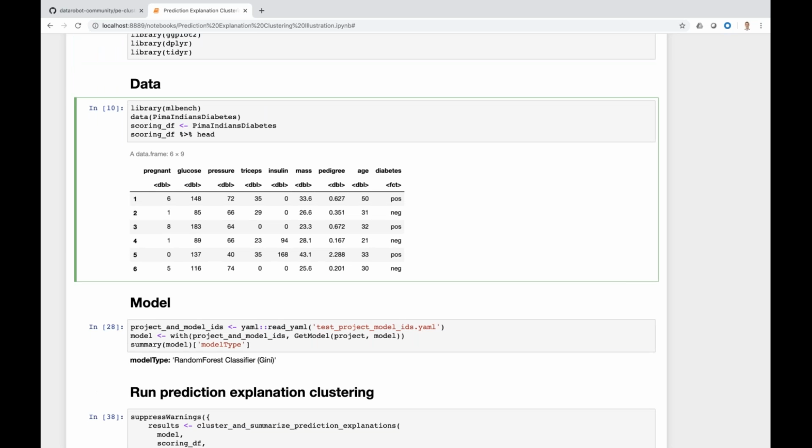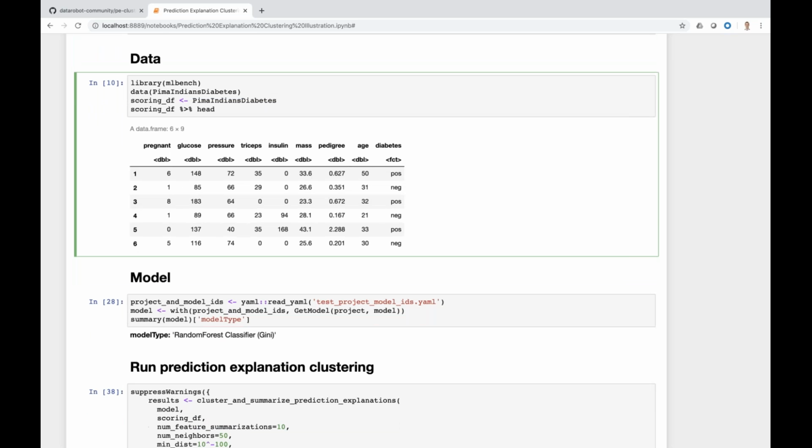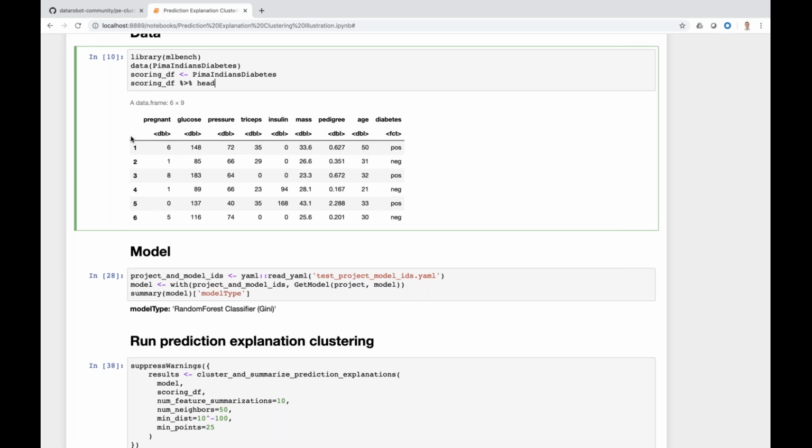So in terms of the example data set we're going to run through today, we're looking at the Pima Indians diabetes data set that's part of the mlbench library. This is a data set that's looking at diabetes risk among the Pima people, which is a Native American group in Arizona. And so you can see here, each one of our rows is going to be a participant or an observation in our data set, a single person. And we've got a number of measures on various diabetes risk factors.